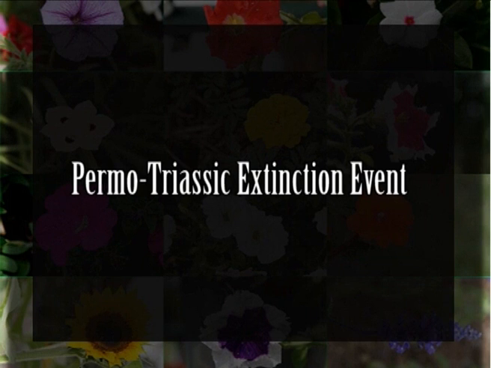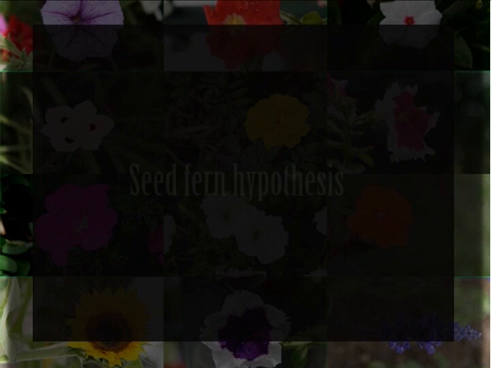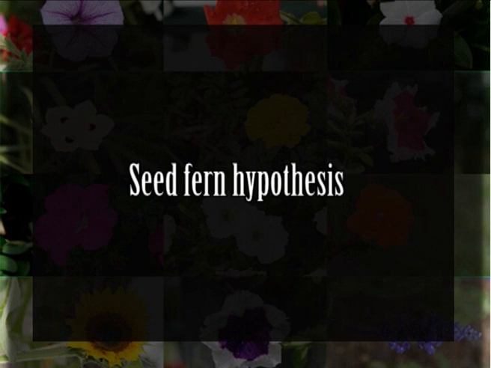Together with Voltzialean conifers, gigantopterids and glossopterids are probably the best known fossil seed plant groups of arid, sparsely vegetated Pangean biomes of the Permian period. Of the aforementioned plants, at least presently known, only conifers and some glossopterids persisted beyond the Permo-Triassic extinction event that occurred 251 million years ago. Another important hypothesis is the seed fern hypothesis.